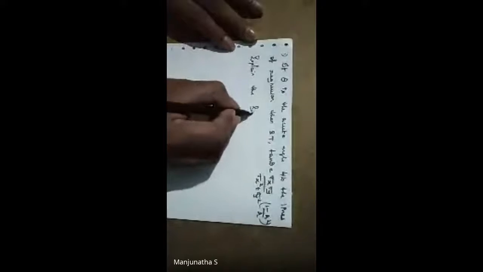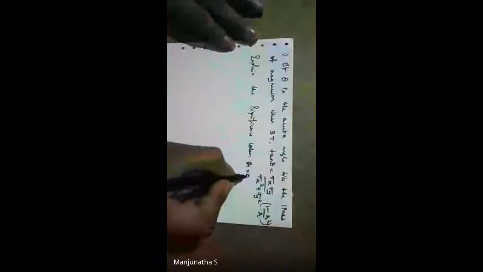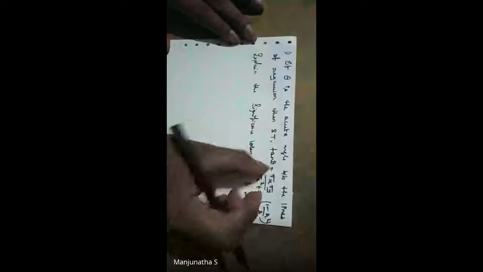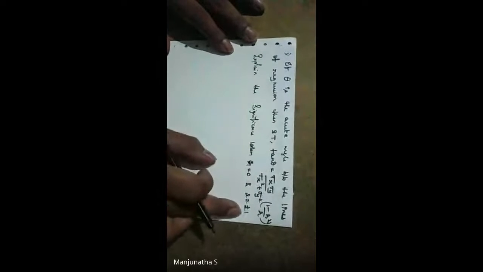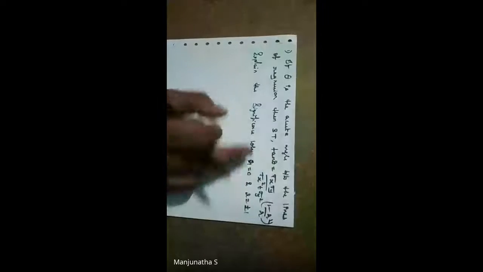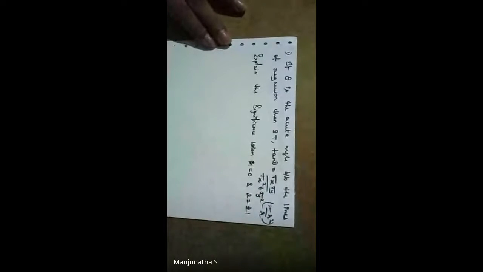This is one part, and then we need to explain the significance when r is equal to 0 and r is equal to plus or minus 1. So at last we'll see this one. After getting this part, you need to substitute the r value here. When r is equal to 0, what happens to angle theta? When r is equal to plus or minus 1, what happens to angle theta? That is called significance. That we'll see later. First we'll prove that tan theta is equal to sigma x sigma y over sigma x square plus sigma y square times (1 minus r square) divided by r.